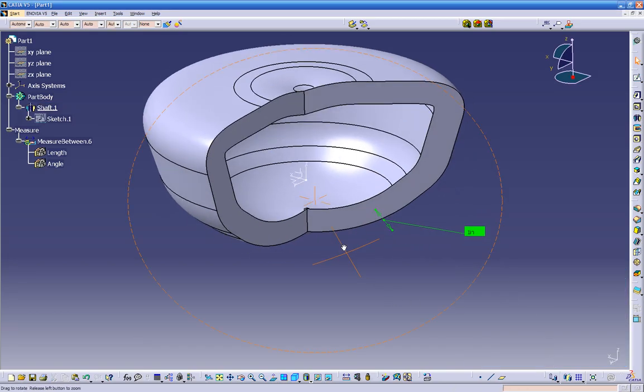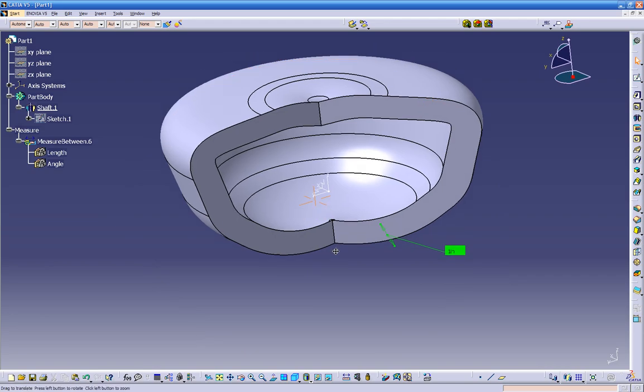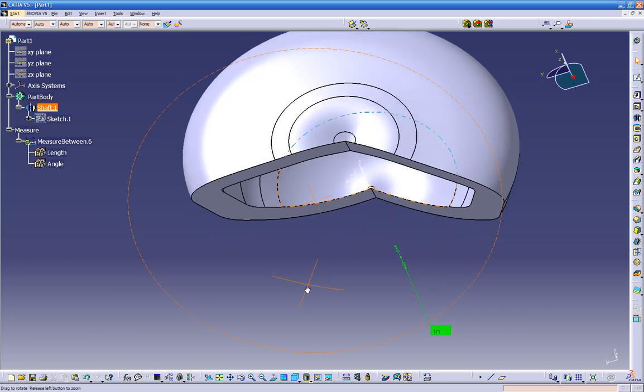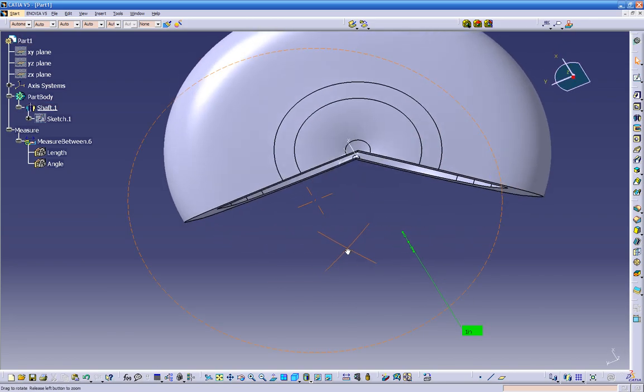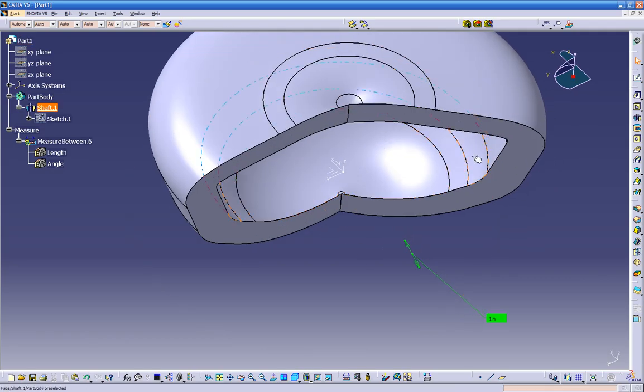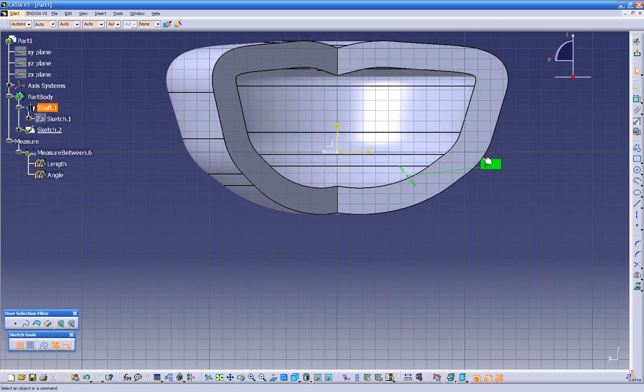Okay, so now we have a weird angle. Now if you want to create a groove onto this part right here, we cannot go onto those axes because we have... Actually, we can, because this plane right here is parallel with this. But if you want to build a sketch on this surface right here, instead of clicking on the plane, we can build a sketch on this surface. So click on the sketch, click on the surface,